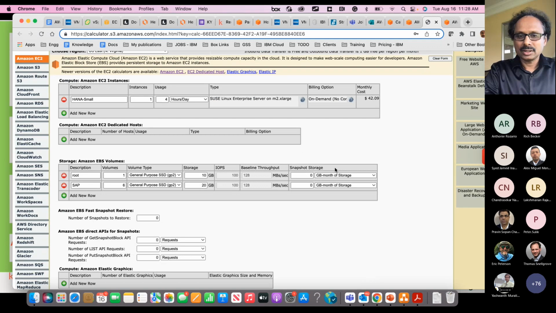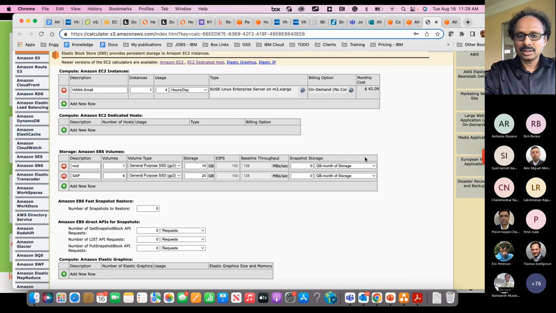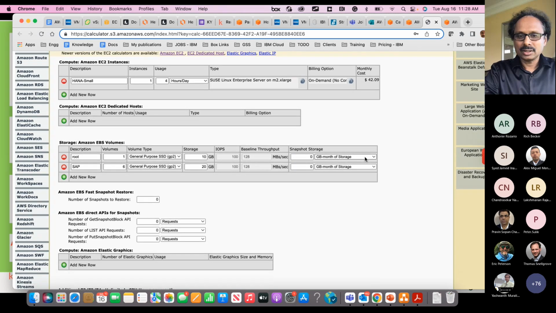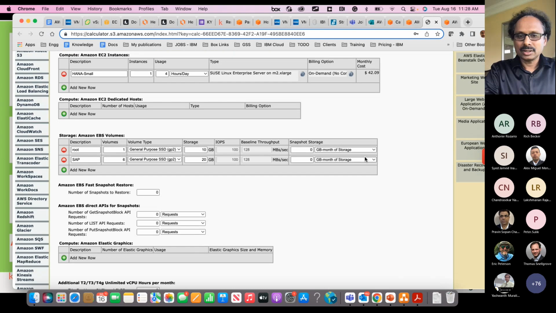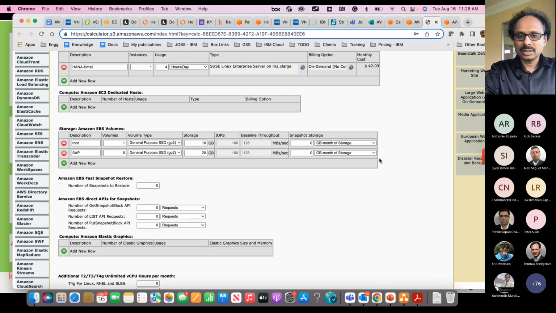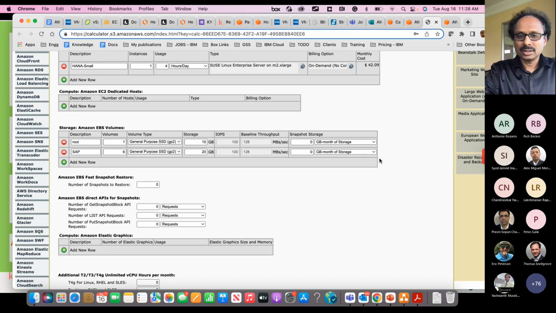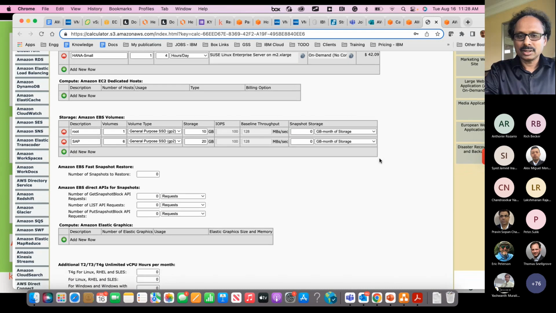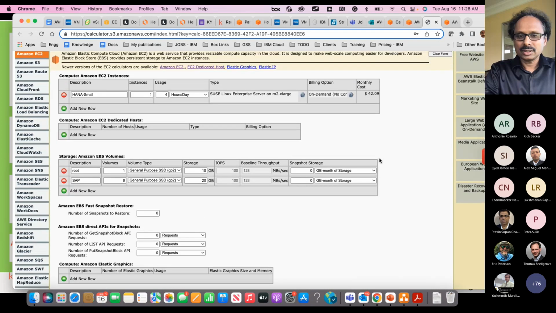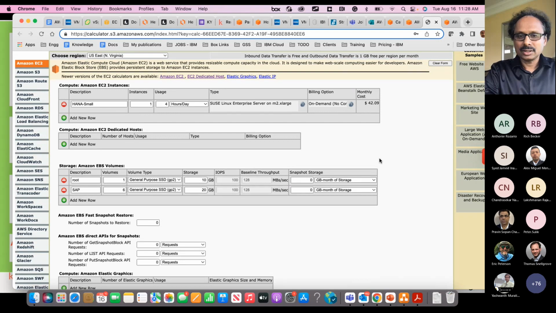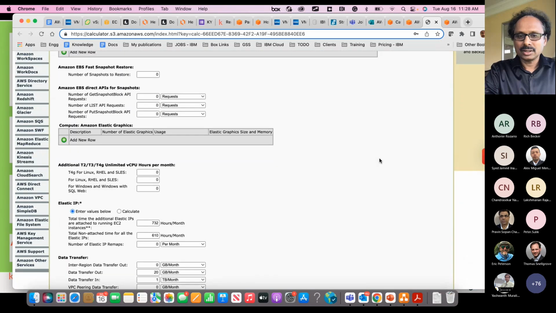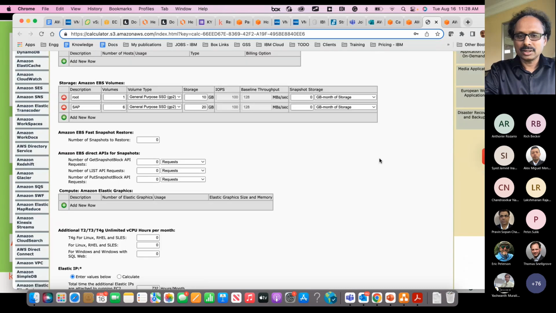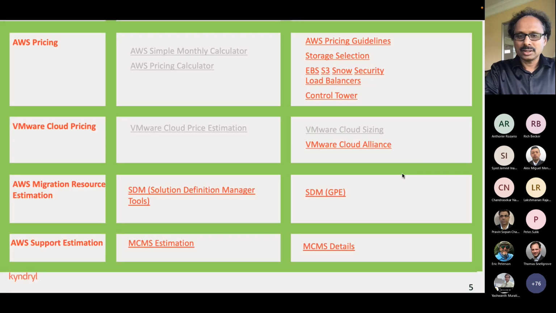We have to meet the customers' non-functional requirements. What performance throughput are they expecting? What is the SLA they need in terms of failover? Do they need a high availability solution? Do they need an active-active solution, or a regular one-region solution? Of course, we need to collect all that information, but these tools will give you a good view of how much it will cost for the entire solution. And you can save this cost and share it with your customer, or with other organizations.